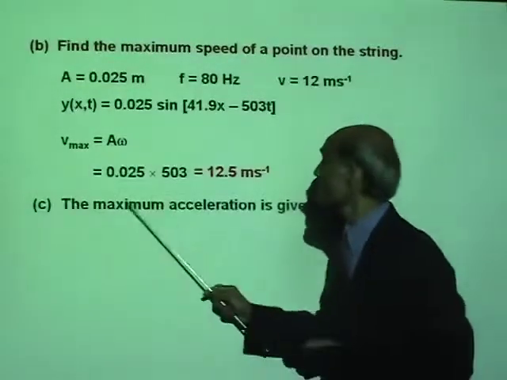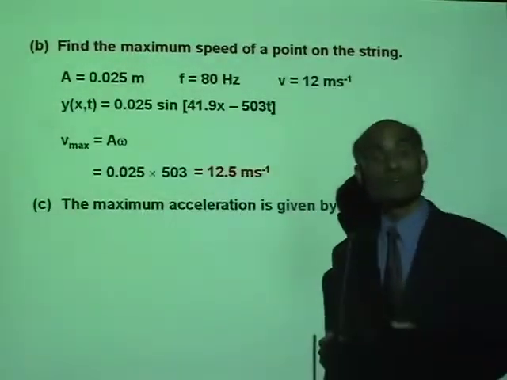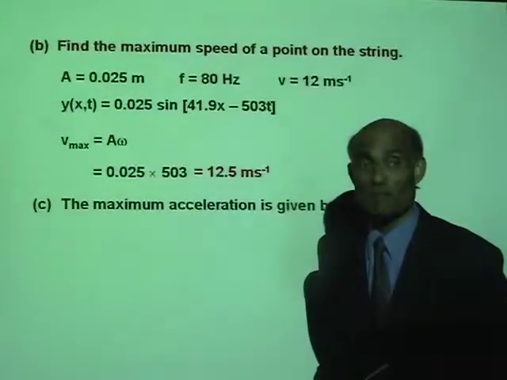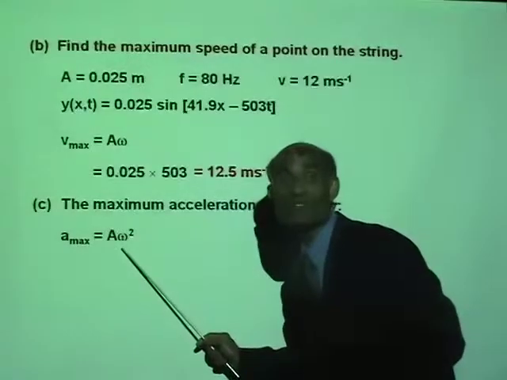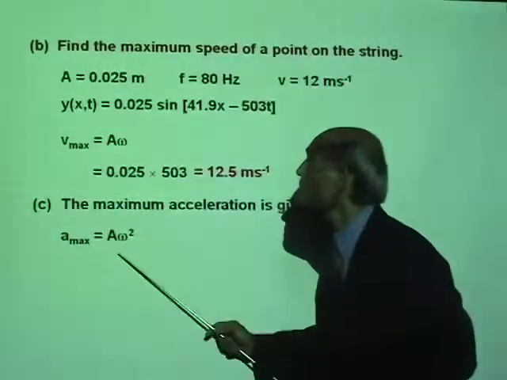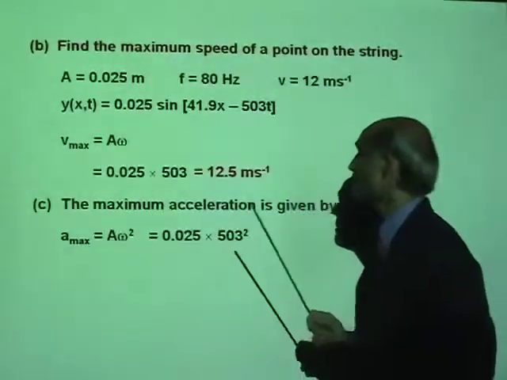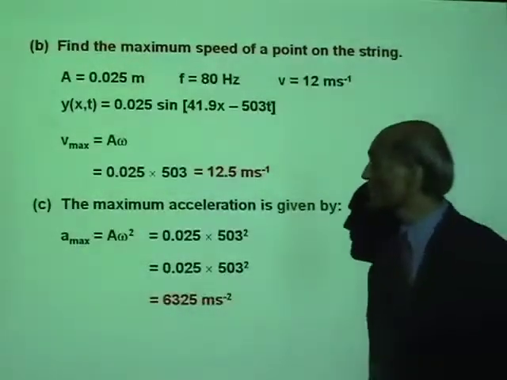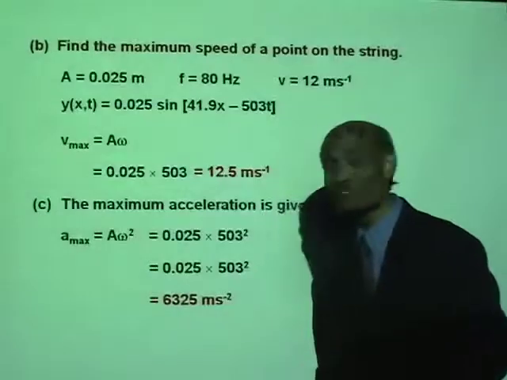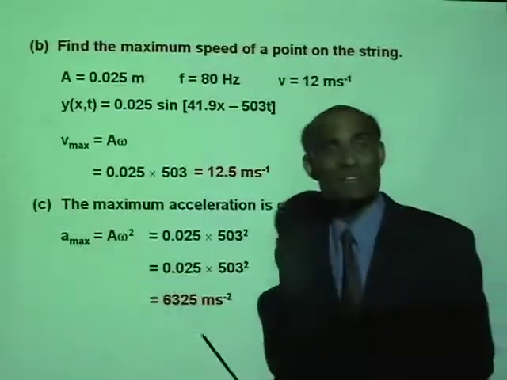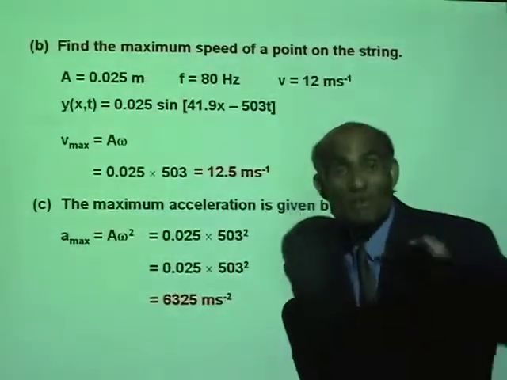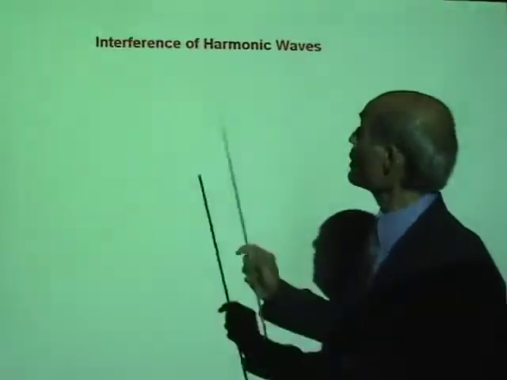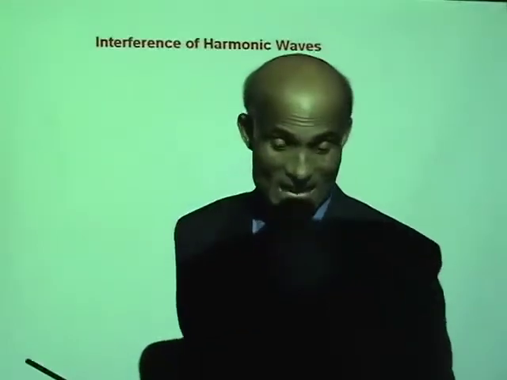And the maximum acceleration is, what's the equation I said, the maximum acceleration is A omega squared. Again, we know the values of A and omega, and that gives us the maximum acceleration is 6,325 meter per second squared. That's a tremendous value of acceleration. Okay, we will now talk about a very important